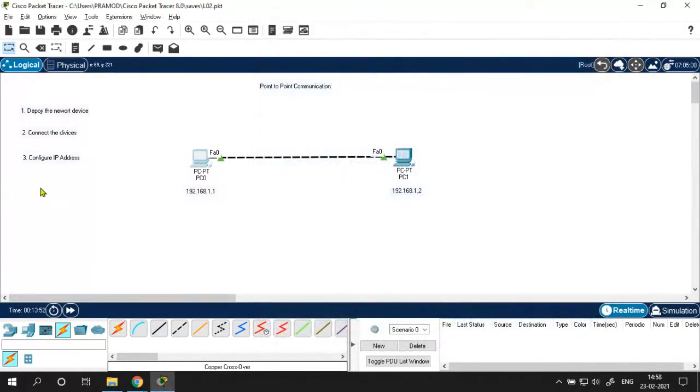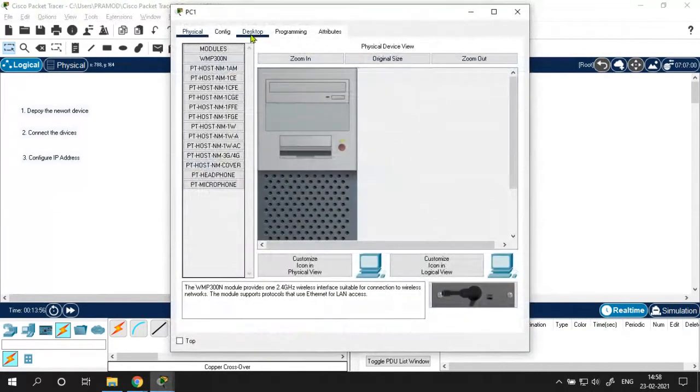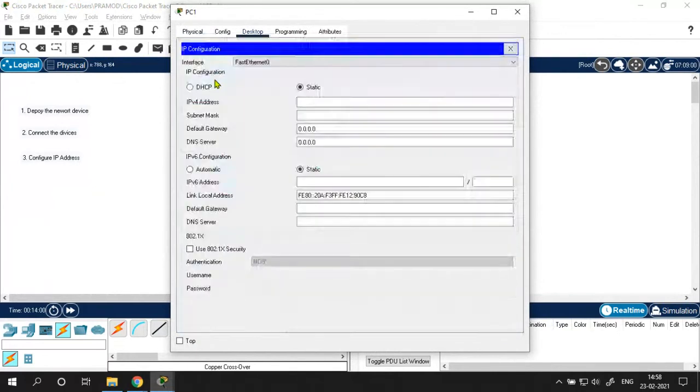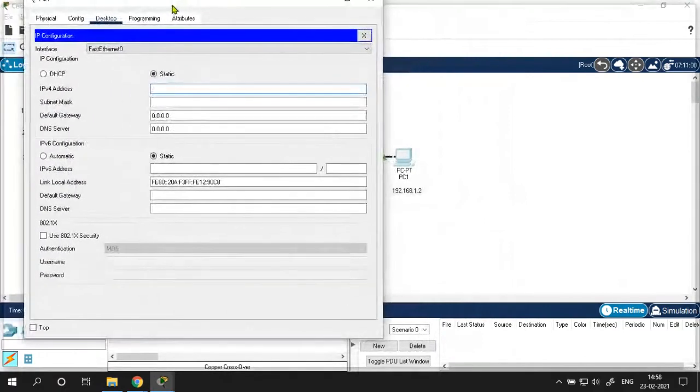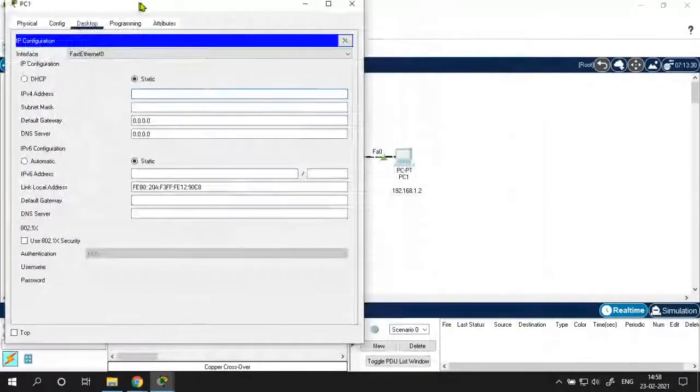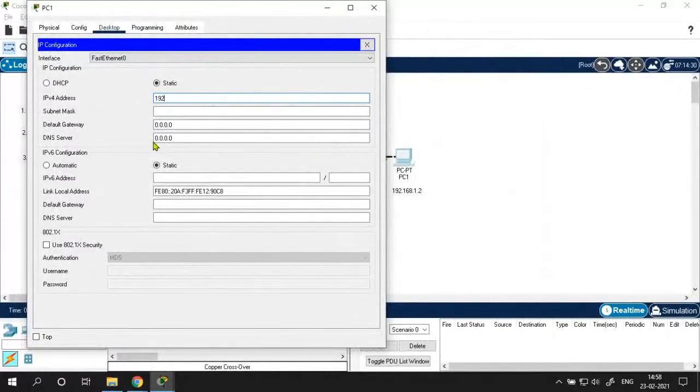Now we have to repeat the same process with the second PC in the network. Click on the desktop tab, click on the IP configuration application, static, and the IP address that I have decided for it. This is 192.168.1.2.